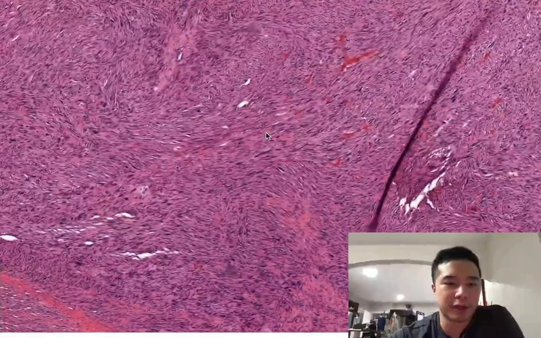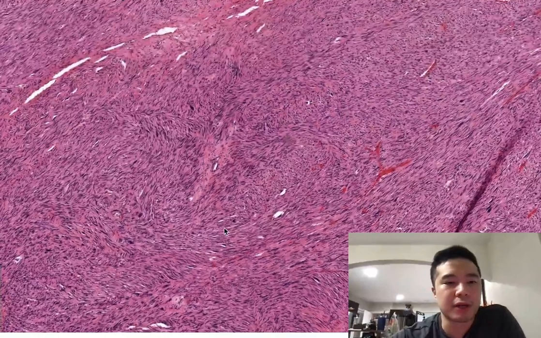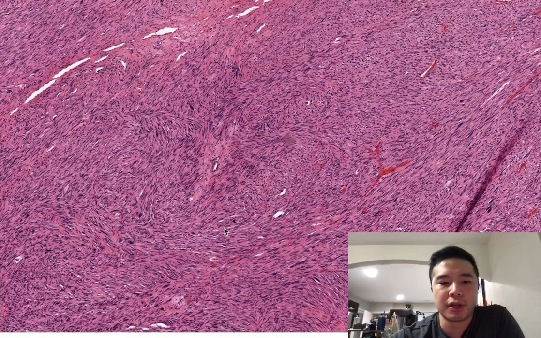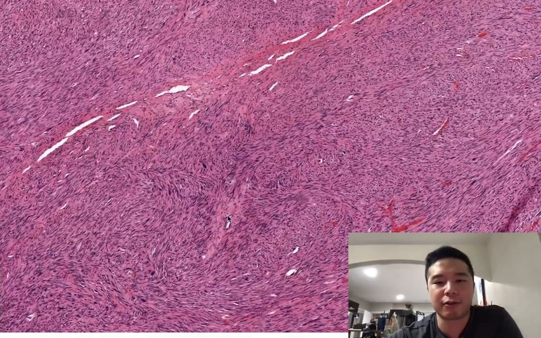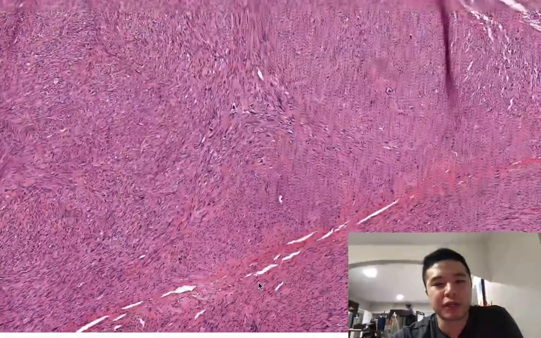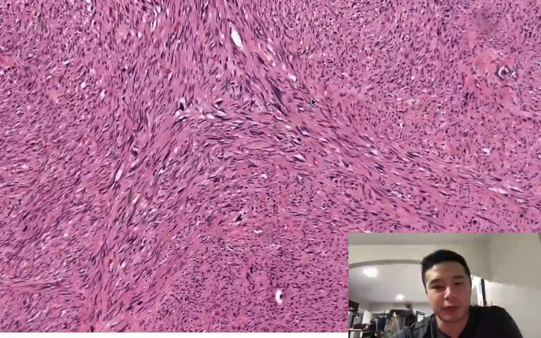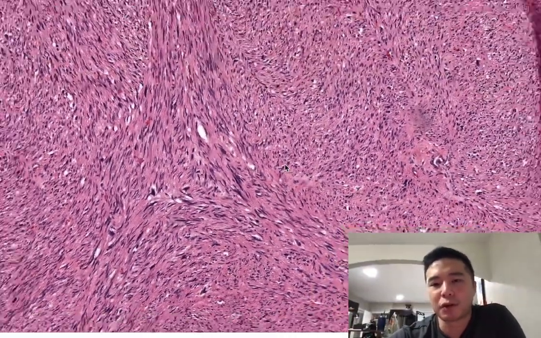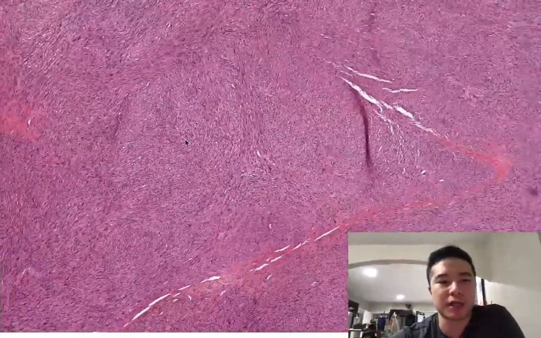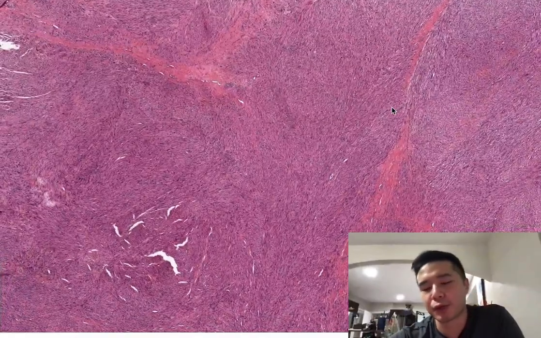Leiomyosarcomas of the uterus are the most common sarcoma in the gyne tract. It's important to know that there are three types: conventional, epithelioid, and myxoid. The reason why is they have different diagnostic criteria. For the conventional, you need two of three: significant cytologic atypia, which we fulfill here; coagulative necrosis, which I don't see in this metastatic specimen; and greater than or equal to 10 mitoses per 10